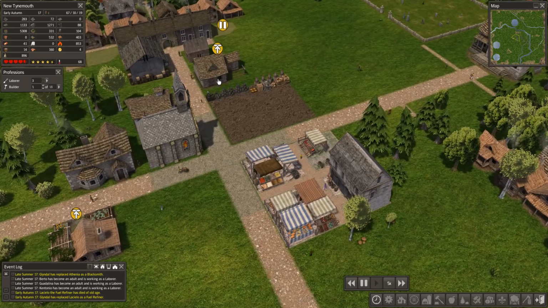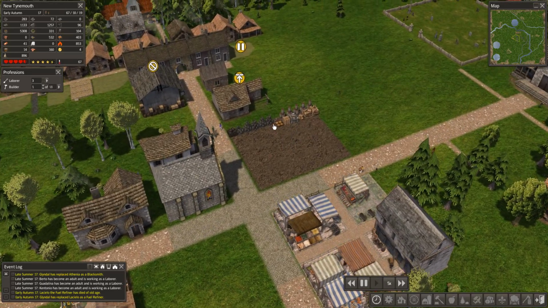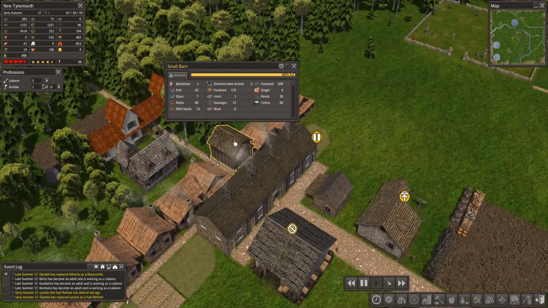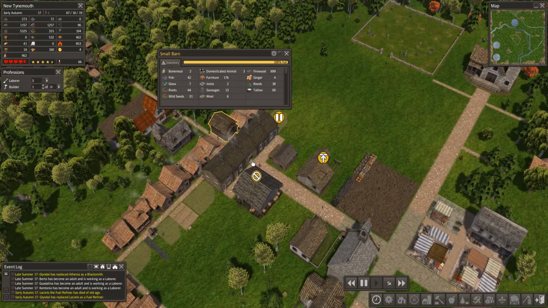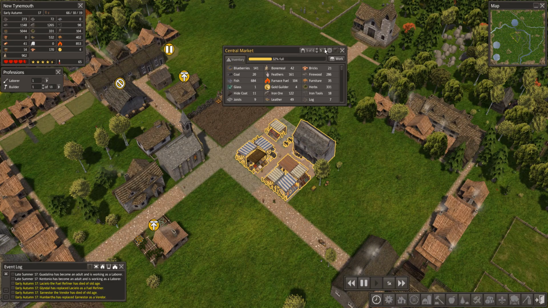What about furniture in general? We have 35 units of furniture. Oh wow, a crap ton more in this small barn. Wow, this small barn is full. That's kind of nuts, honestly. I guess that's not as fancy as I thought. I guess we could up...